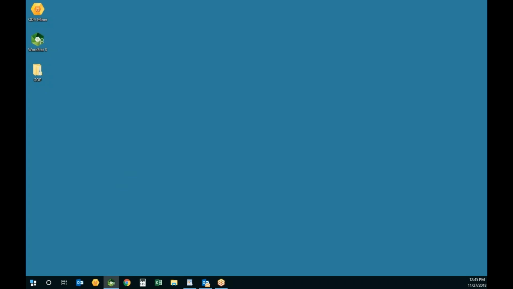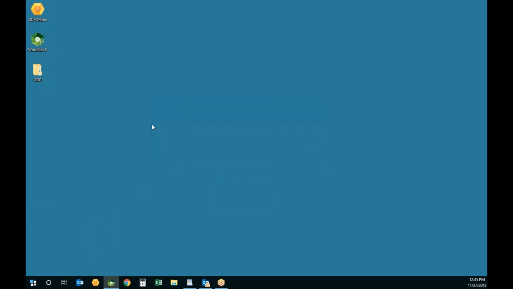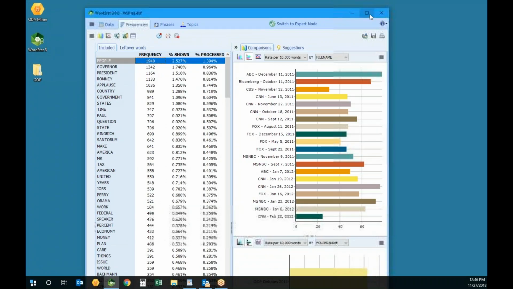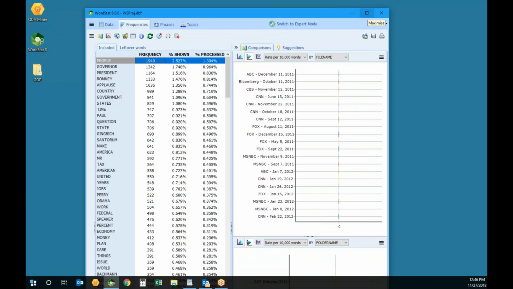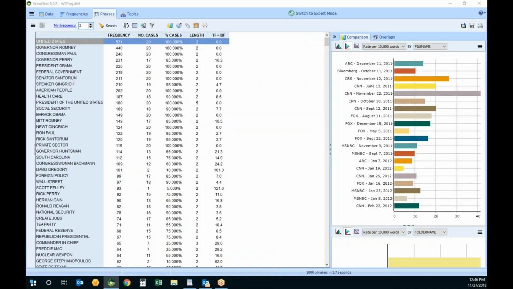Okay, it asked me for, and it ran an Explorer mode. So it will now move it, and in a few seconds it will bring me the most frequent words, the most frequent phrases, and then